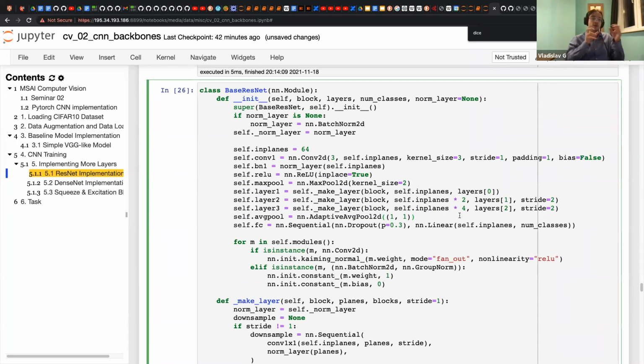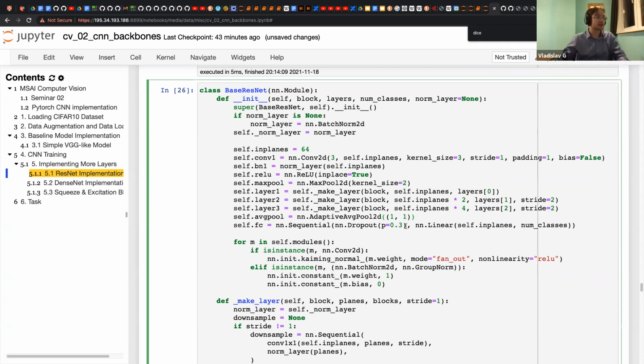So usually, if you have, for example, some convolutions that are not powers of 2, in this case you could have some bad time.